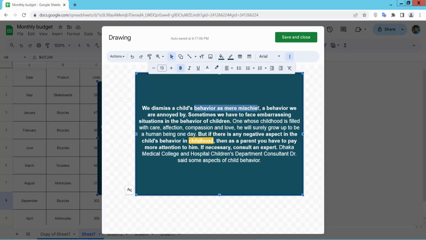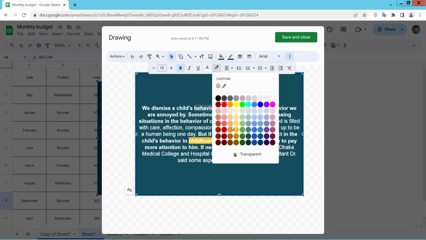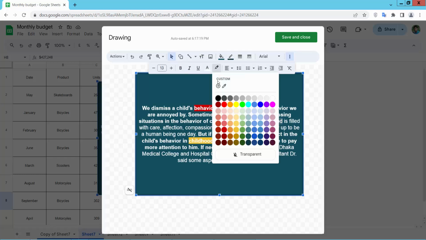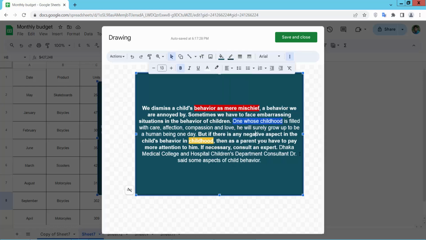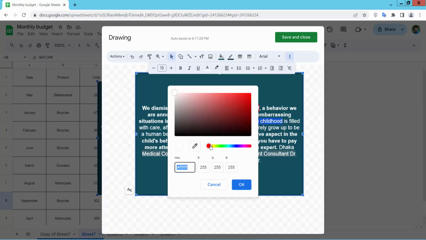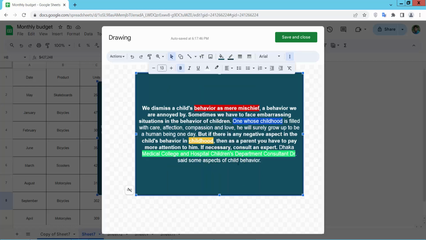Also I will highlight this one, and the highlight color is also red, and see this. Also I will highlight this one and see this. You can also add a custom highlight color. Okay, and see this. In this way you can highlight a text or character or a line, and finally select